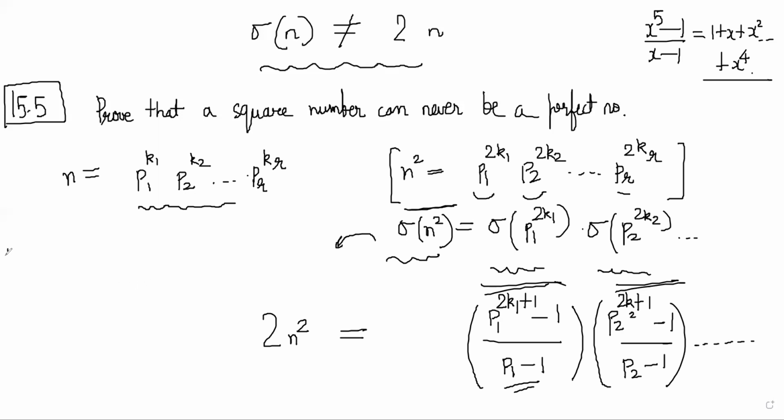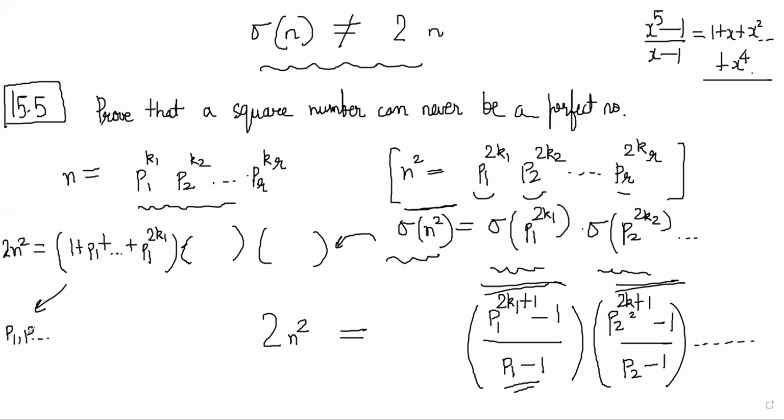The right hand side, exactly. So we have to check whether it is always odd, even types of things. Okay. So this side, if you see 1 plus p1 plus, think about it, 1 plus p1 till p1 to the power 2k1, right? Correct. Now similarly for all other factors also, right? So now there are two cases that you should think of where P1, P2 till Pk are not 2.